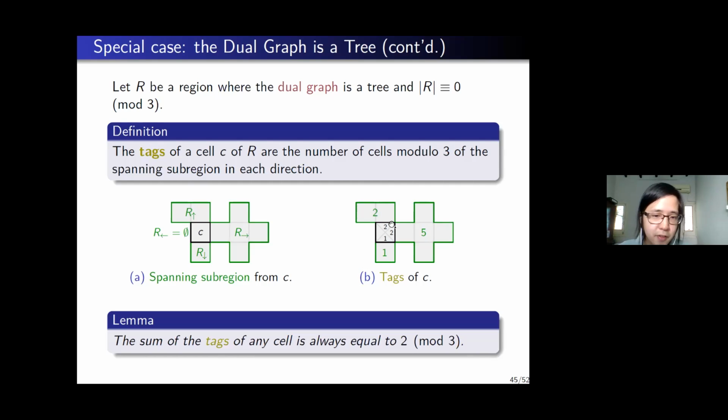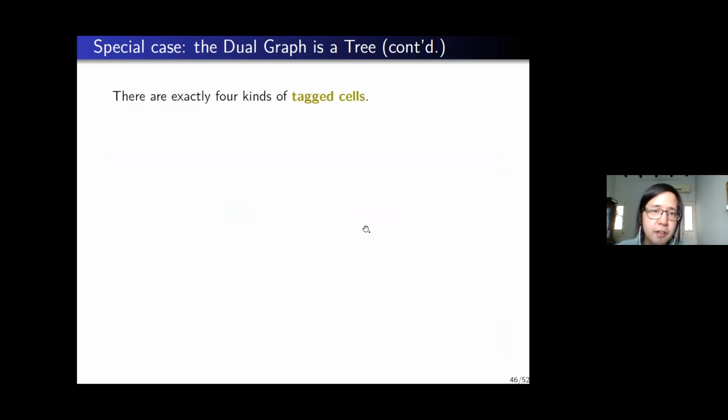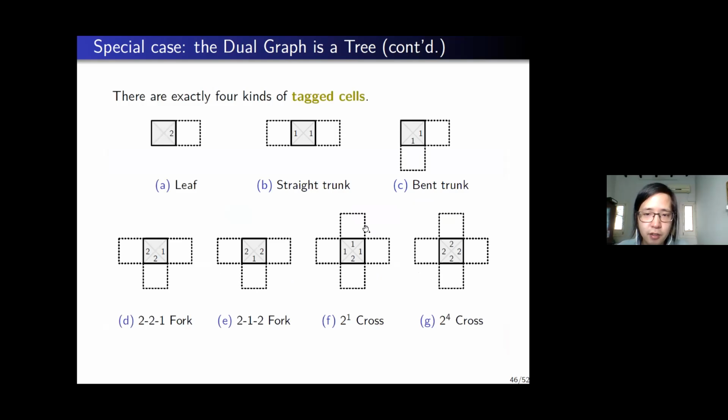And the sum of the tags will always be 2 in modulo 3 because there is one less. We are not counting this cell. We have identified 7 kinds of tag cells,